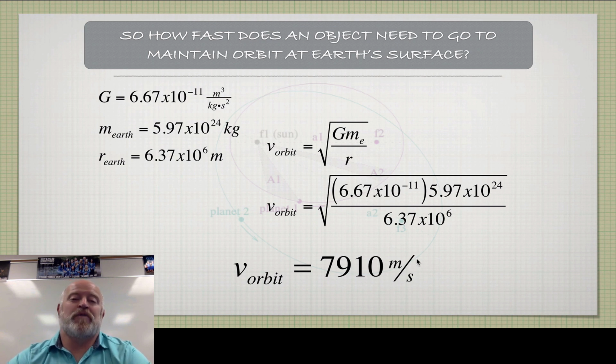So that means if we're on the surface of our planet and you didn't have anything else in the way and no air resistance, and you moved horizontally at 7,910 meters per second, you would be in orbit, or you could basically continually revolve around our planet in free fall, essentially. Now that's orbital motion, okay?